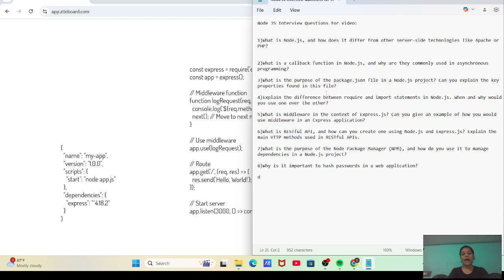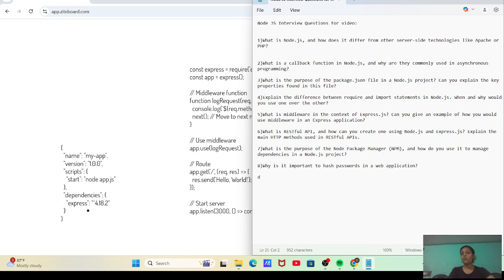You can run the app with npm start like that. Dependencies are the packages required to run the app. Simple example: this is the name, version, scripts, dependencies. Name is the name of the project. Scripts, like npm start, run the commands. Dependencies are the packages required to run the app.